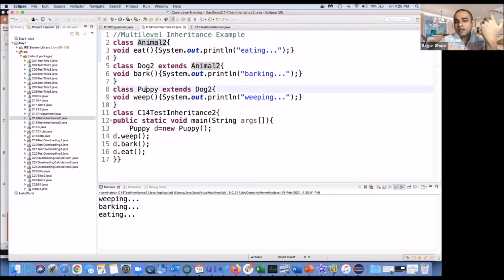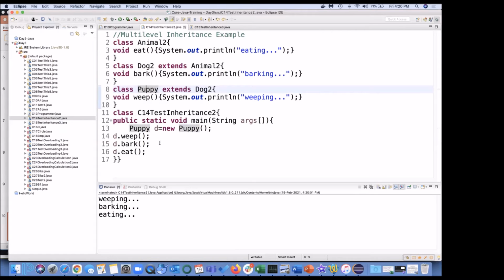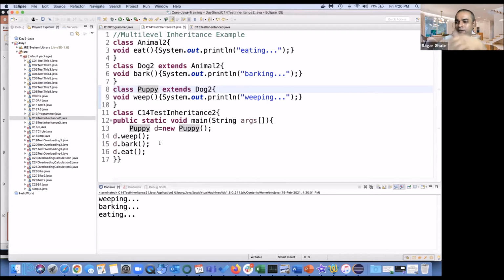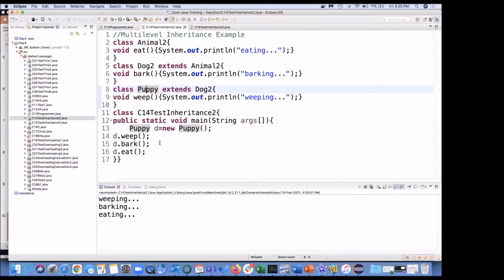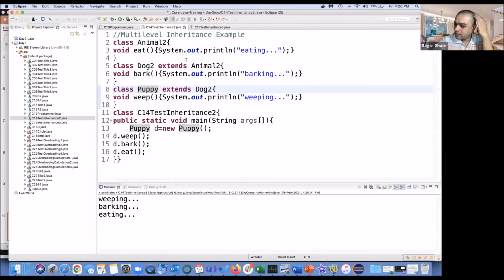It is in some other class. So you can always inherit from your parent. We cannot inherit from the child. It will search only in the same class or the extended classes. Okay.